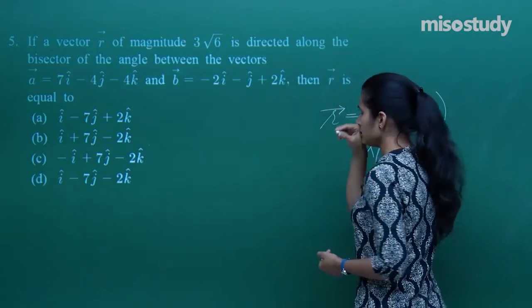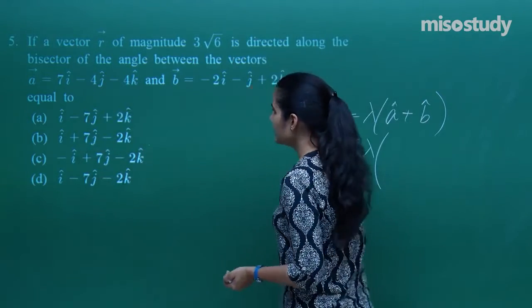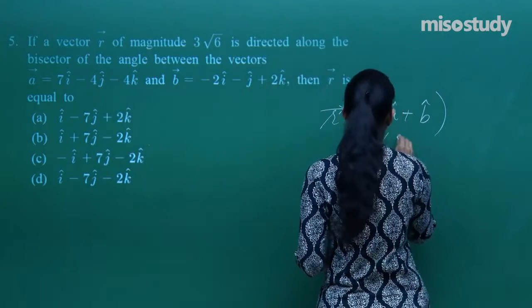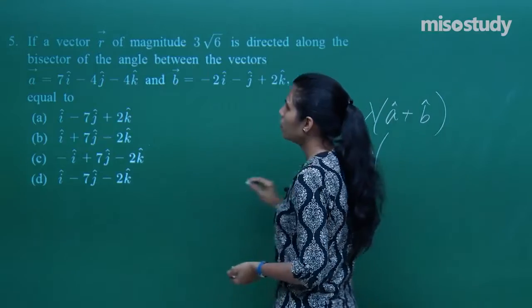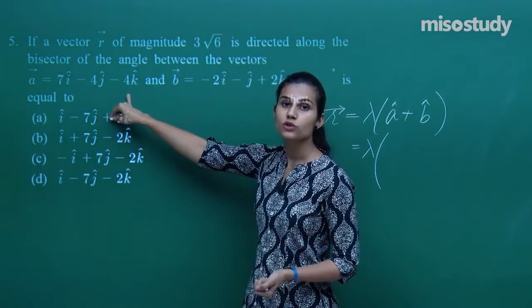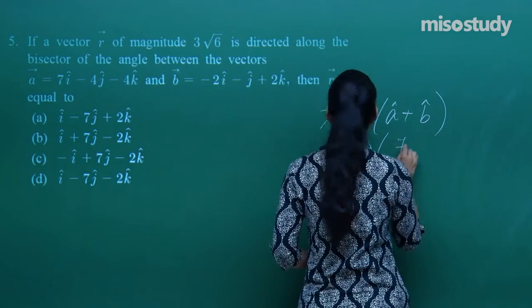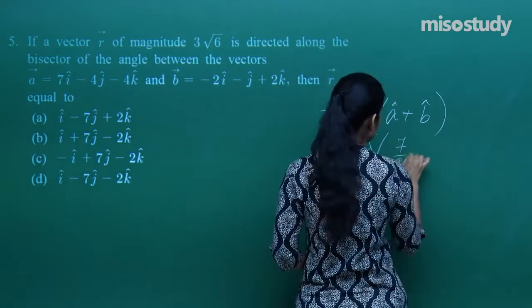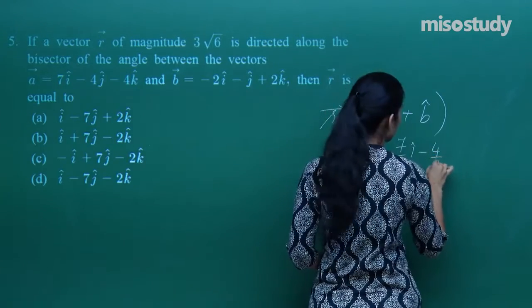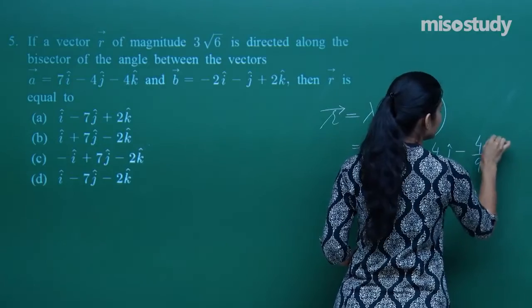What is A cap? Unit vector in the direction of A vector. So it is 7i cap minus 4j cap minus 4k cap whole upon 7 square plus 4 square plus 4 square, which is root 81, which is 9. So you basically get 7 upon 9 i cap minus 4 upon 9 j cap minus 4 upon 9 k cap